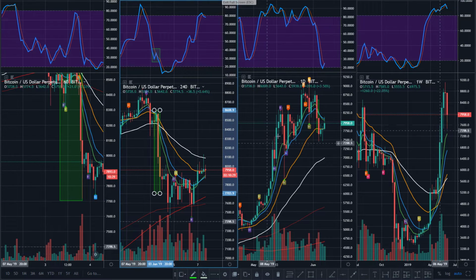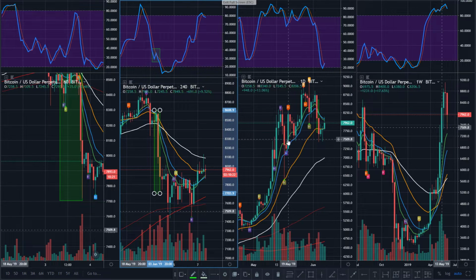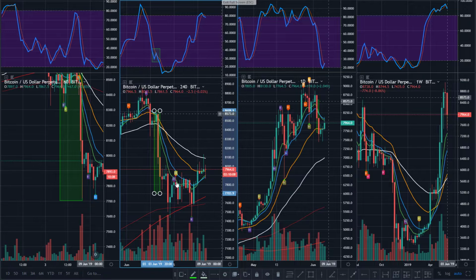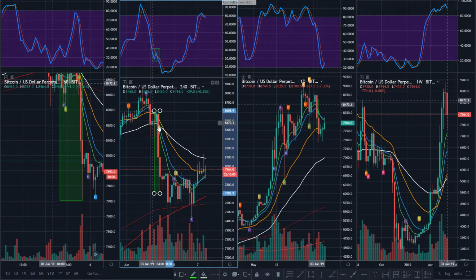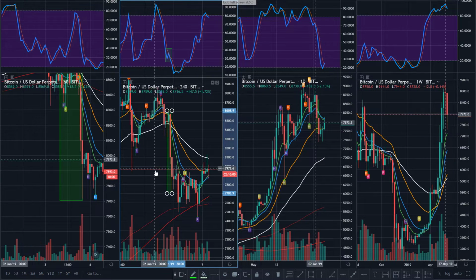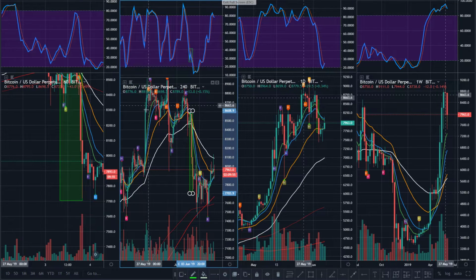So on your anchor chart, you're going to want to make sure that you're in a pretty good position, which we'll get deeper into. But on your trigger chart, the one that you're taking the actual trade on, I would absolutely not look to sit through any type of reset. Now, I'm going to give you some caveats to that, but basically, look at this. We're above the 200. This gets a reset on this 4 hour chart, and it dumps off completely, right? So same thing, same scenario. Why do I want to sit through a reset? I don't, right? Sometimes they won't be so bad. It's true. But ultimately, why would I want to reset on my time frame?